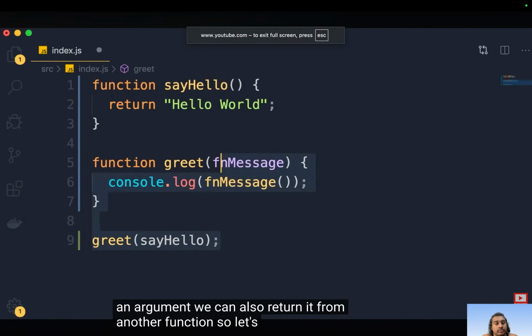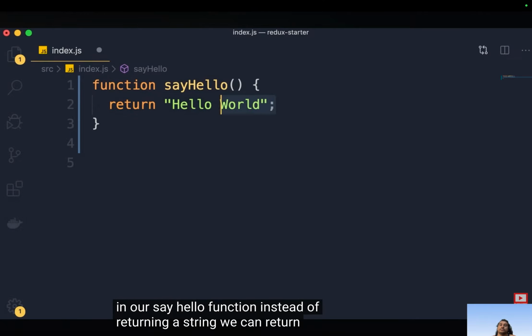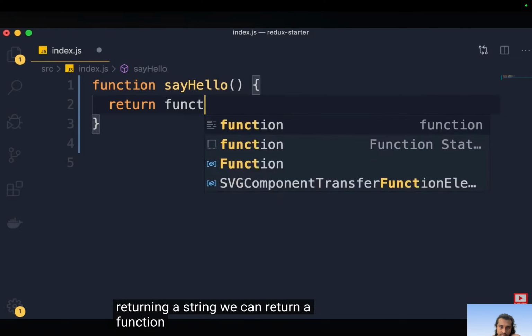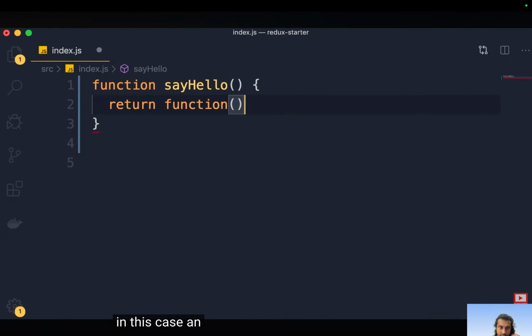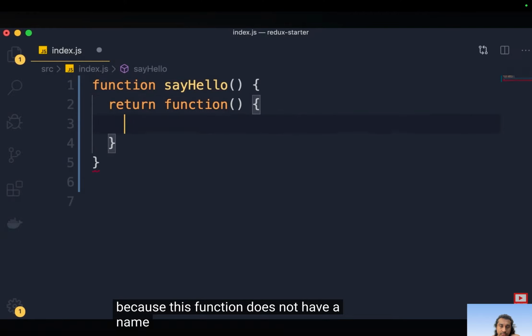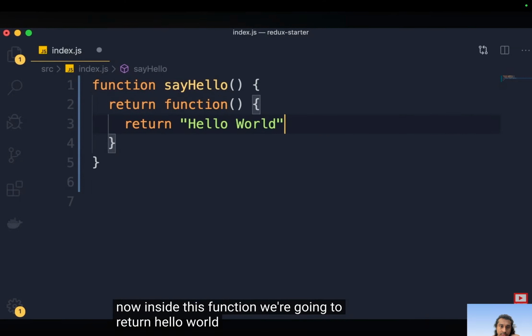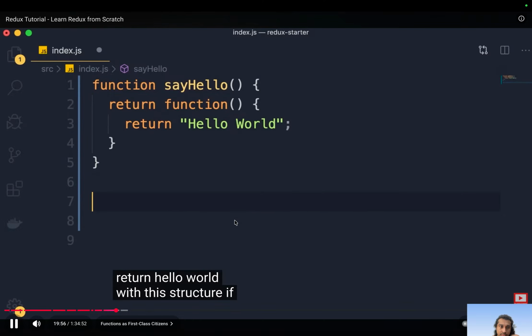So let's get rid of this code. In our sayHello function, instead of returning a string, we can return a function. In this case, an anonymous function, because this function does not have a name. Now, inside this function, we're going to return hello world. With this structure, if we call